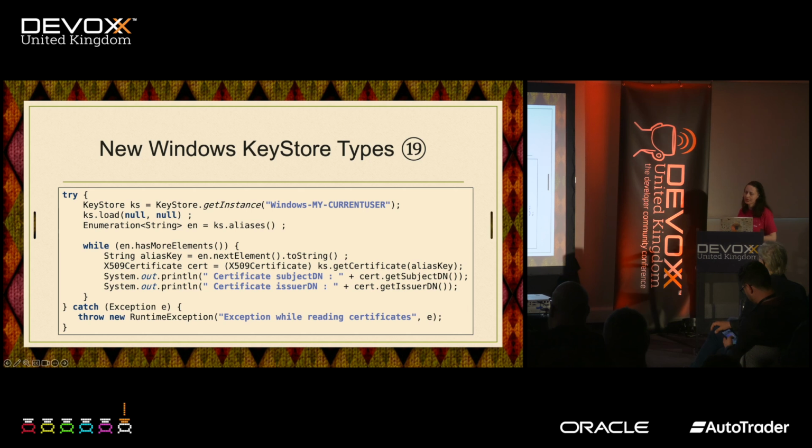all accounts. Now, there are also some new names, to avoid confusion, like Windows-MY-CURRENTUSER and Windows-ROOT-CURRENTUSER, that have been introduced, and they map to Windows-MY and Windows-ROOT that were used previously in the documentation. All these changes are documented in the JDK Providers User Guide, by the way, so it's up there. And at the end, I'm going to provide the links to that.